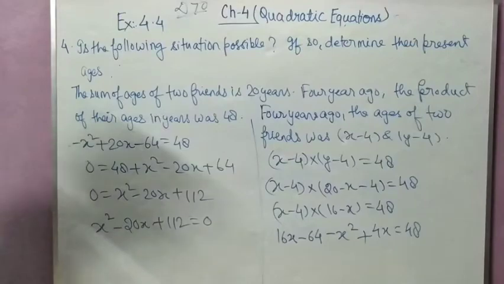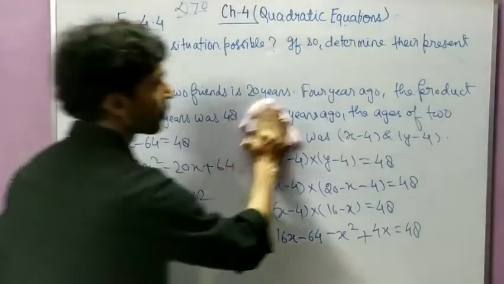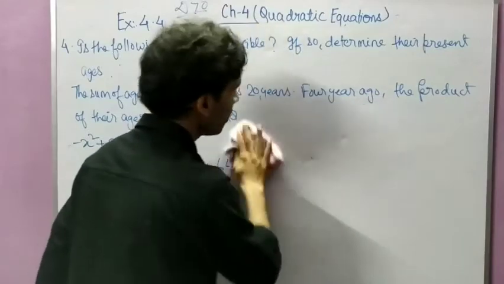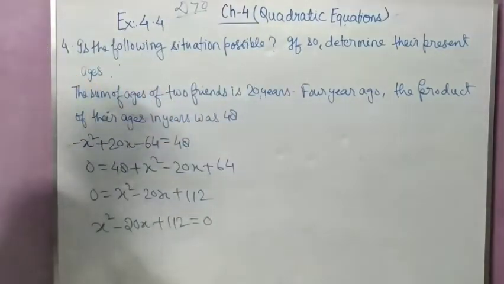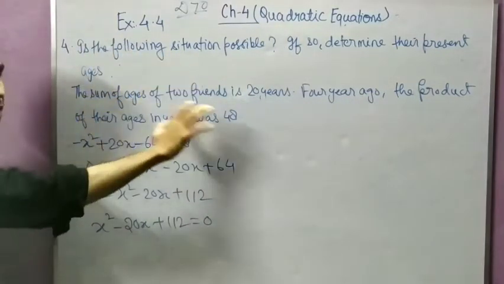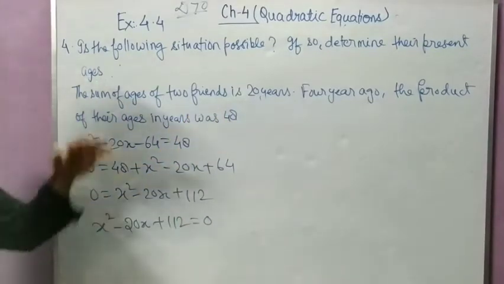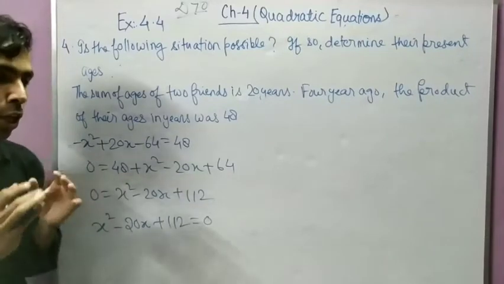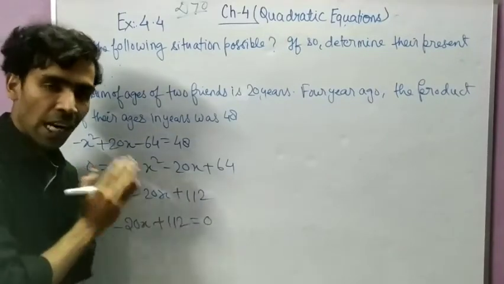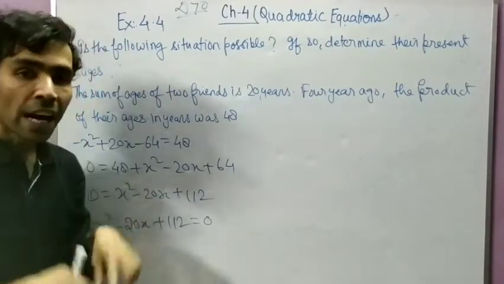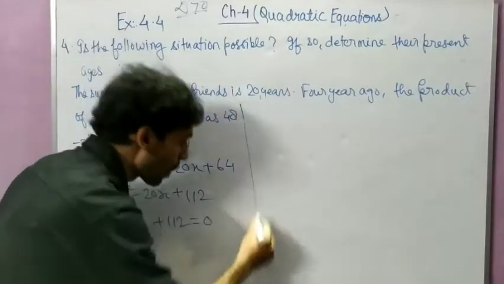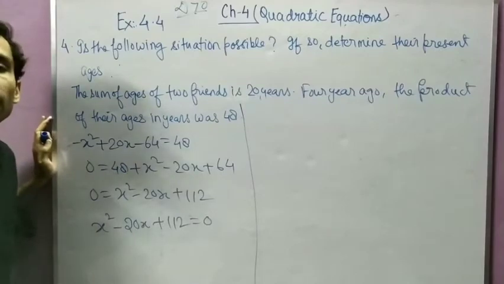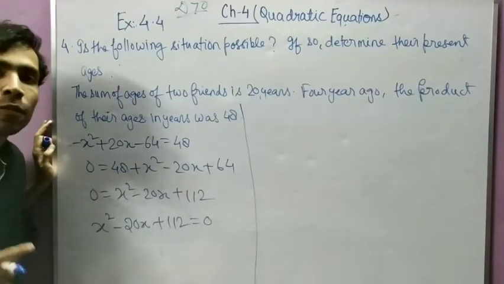So this quadratic equation we got. Now we have to check whether the conditions given are possible, whether the situation given in the question is possible. So whenever this type of question comes, that is, is it possible? First, whatever conditions are given, write them and make the quadratic equation. After that you have to calculate d. And how will you calculate d? With the help of the formula, that is d equal to b square minus 4ac.